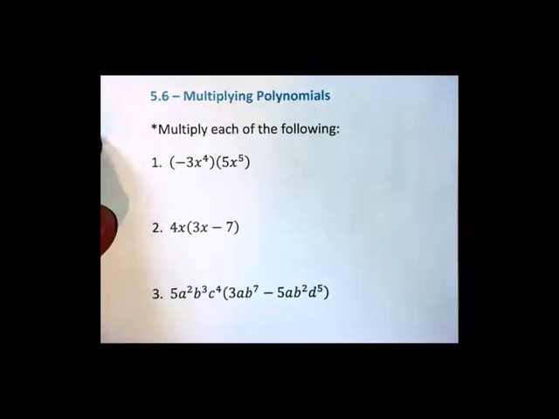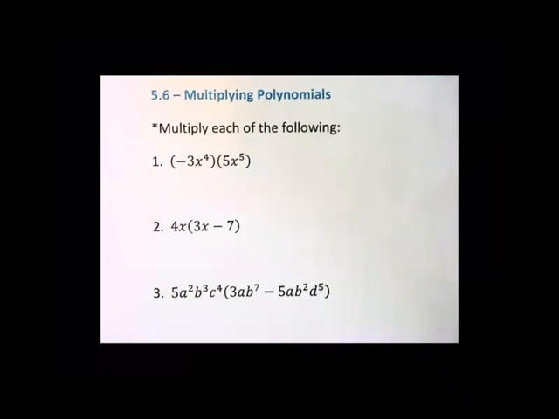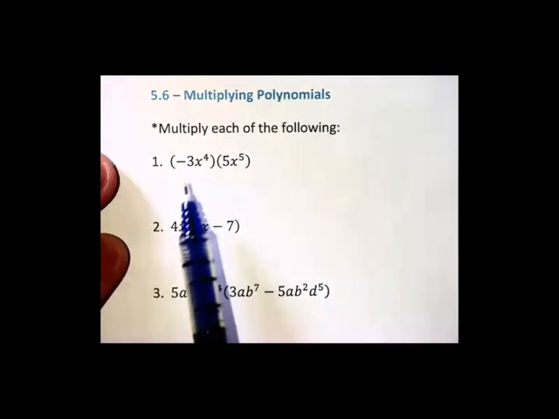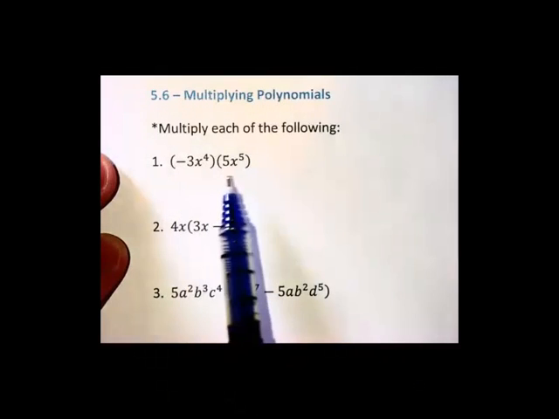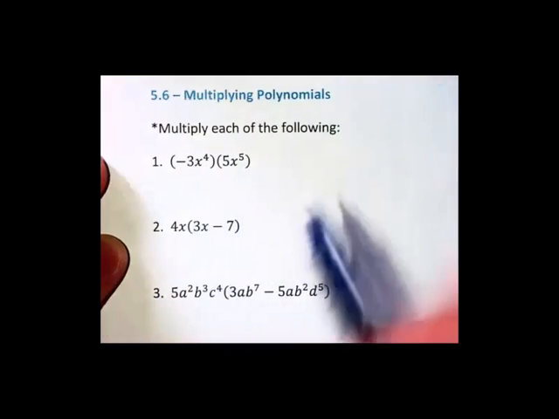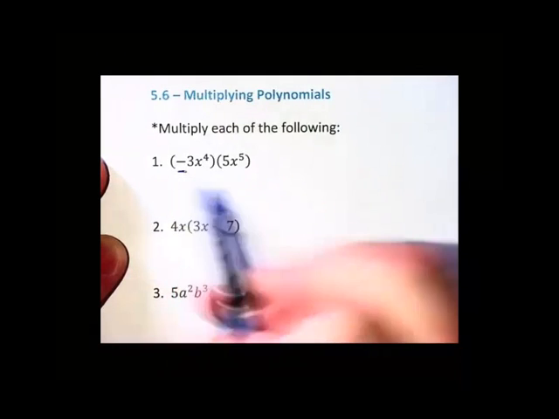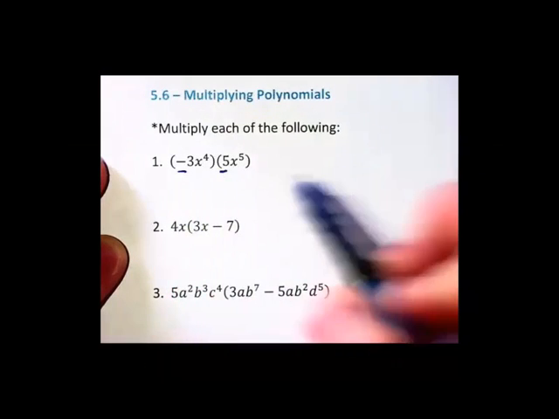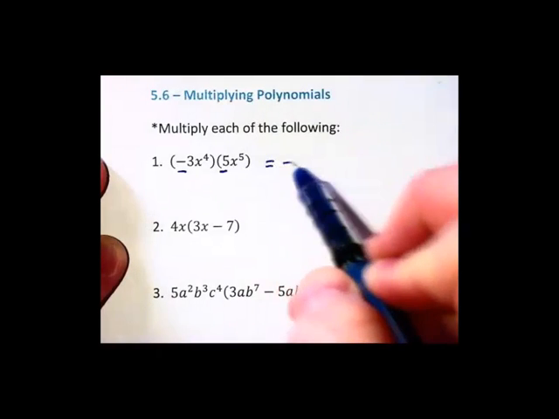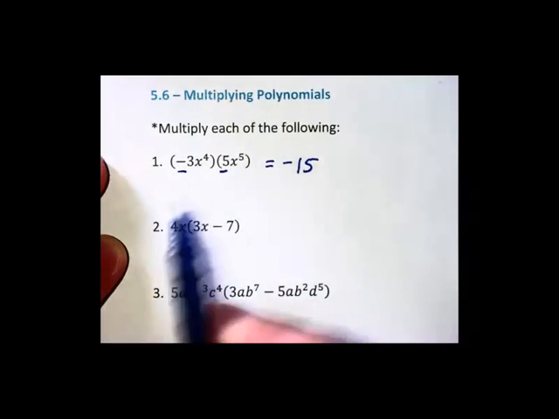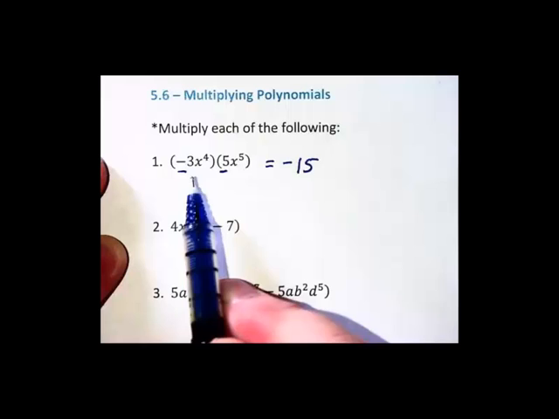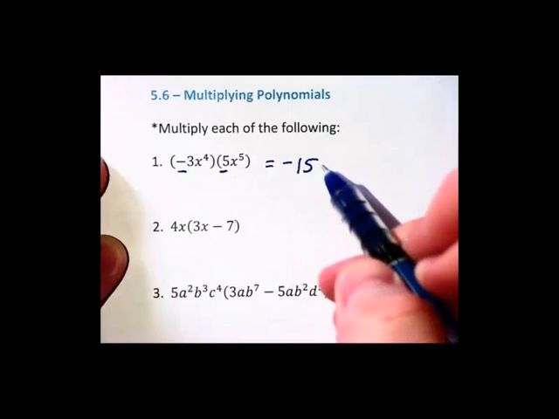This section is quite easy and rather fun. We focus our attention on multiplying polynomials. In this first case, we're going to multiply a monomial, single term, times a monomial. And all we do is multiply the coefficients out in front, negative 5 times 3, to get negative 15. And then we multiply the variables, in which case we're going to add the exponents to get x to the